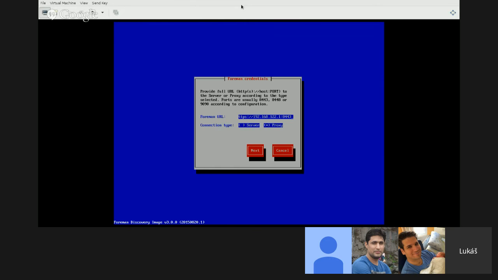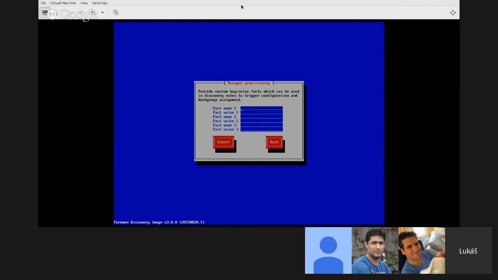Now it asks us for a Foreman URL, so we can provide either a Foreman URL direct connection or a proxy connection. In case of a downstream Satellite capsule, you'd change the port to 9090. In my case, this is already filled in, because if you have a DNS service record with the x_foreman, it will reuse that. So I don't even need to type it in. But there are some deployments without this DNS setup, so you need to enter everything. And yeah, we can click on next. And this is the last screen